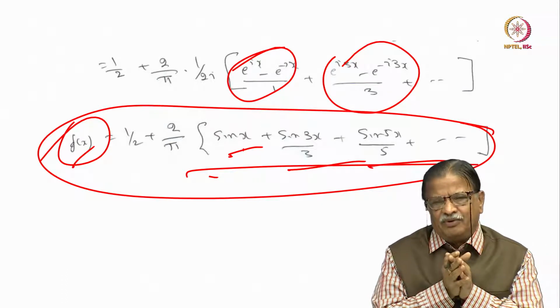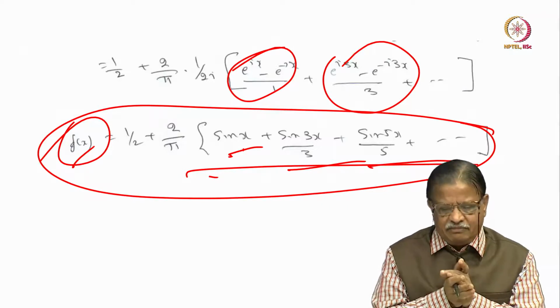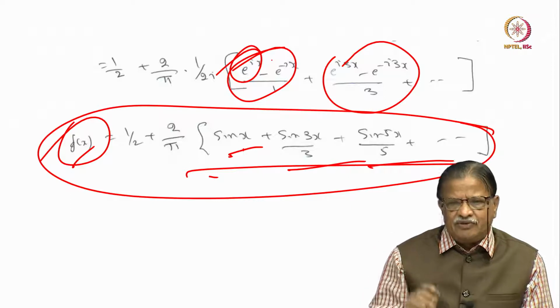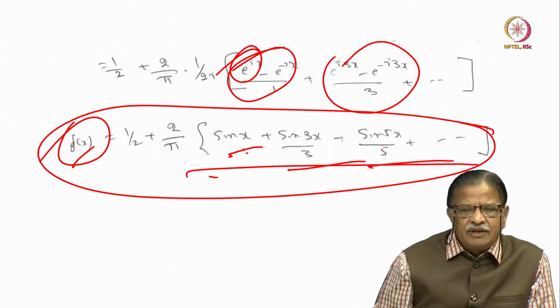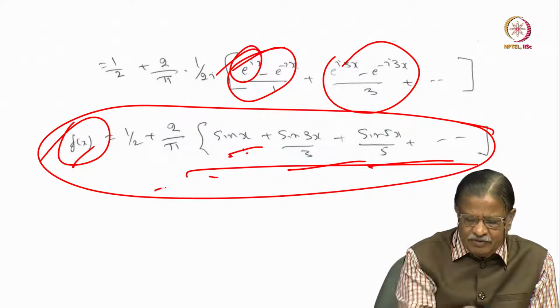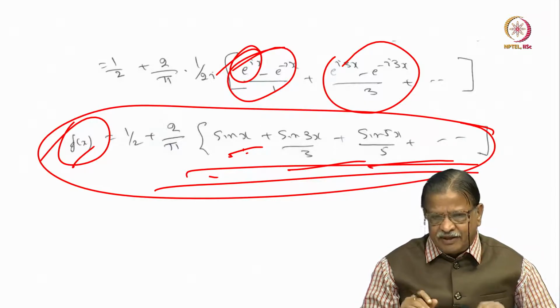Afterwards, when you do the integration, all you have to do is combine the terms, like e to the power of i x plus e to the power of minus i x, all those things. Then you can express them in terms of sines and cosines. In this case, for even numbers, the sine part was 0, so we got only the cosine part. So, this is all I wanted to tell you about the Fourier series.